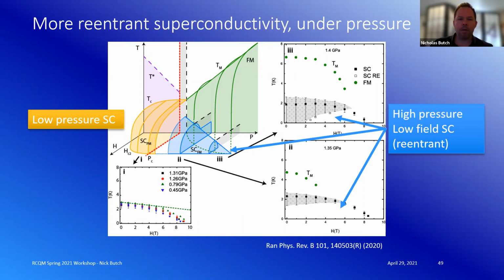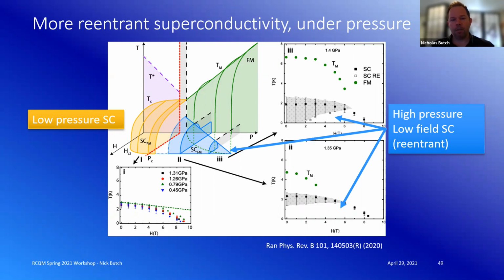Okay, and finally, I just want to point out that even under pressure, we eventually destroy the superconductivity and come to a magnetically ordered state. But even in the presence of that magnetic order, with the application of a little bit of field, so here's the pressure axis, and this blue phase here lives on the field boundary of what I'm labeling here FM, but we haven't really determined the order parameter here. So it's a magnetic order.